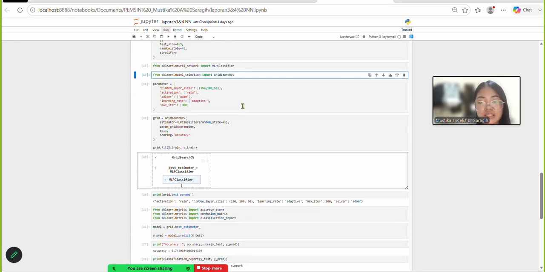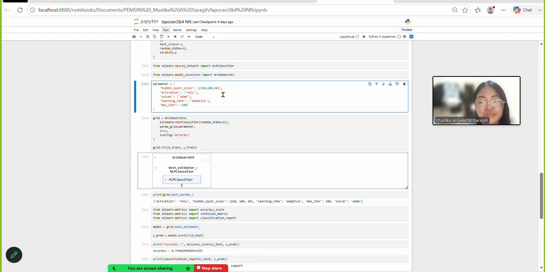Okay. Next, define parameter. The parameters define the neural network's architecture, including three hidden layers, the ReLU activation function, the Adam optimizer, an adaptive learning rate, and a maximum of 300 training iterations.